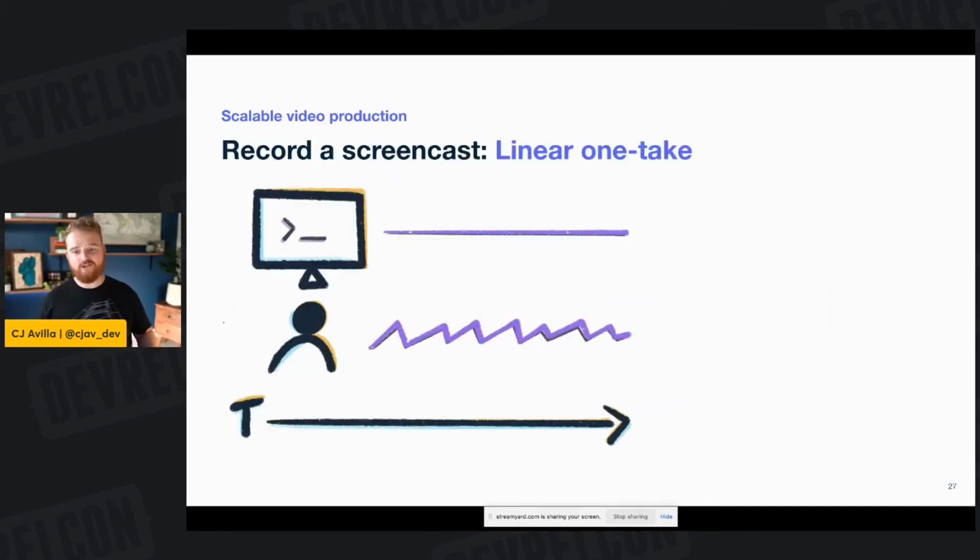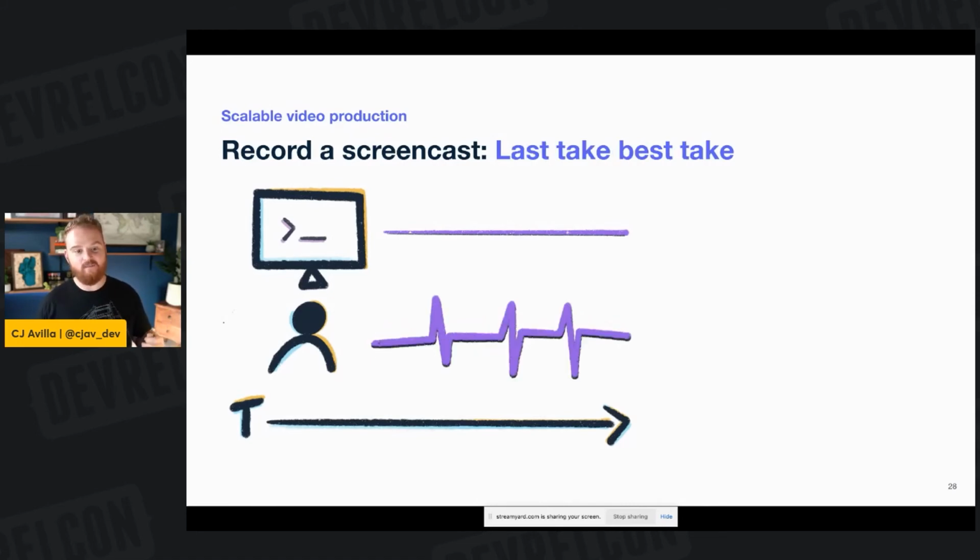All right, so if you're just starting out, there's a couple different techniques for recording a screencast. We found it helpful to do one of these different patterns. In the beginning, I would record just in one shot as if I was screen sharing, just like this call. That felt most natural to me when starting out. So that might be a good place for you to also start. This is a technique we call last take, best take.